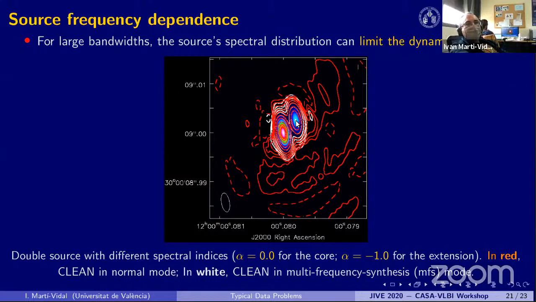But if the fractional bandwidth is wide enough, it can happen that if you deconvolve without taking into account this spectral dependence, you end up having an image which is very noisy and very much limited by dynamic range, which would be the red contours. The red contours are very noisy. You are barely recovering the two components with a lot of noise around. Now if you tell Clean to account for possible spectral dependence of the source components, which is called